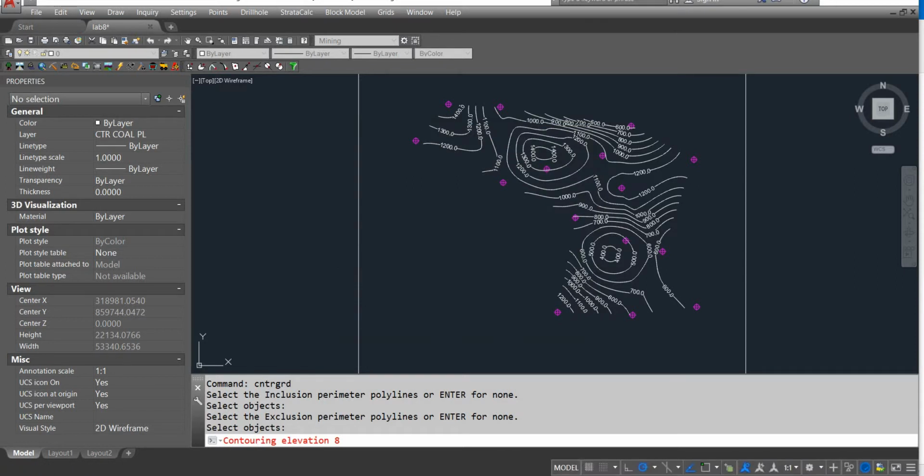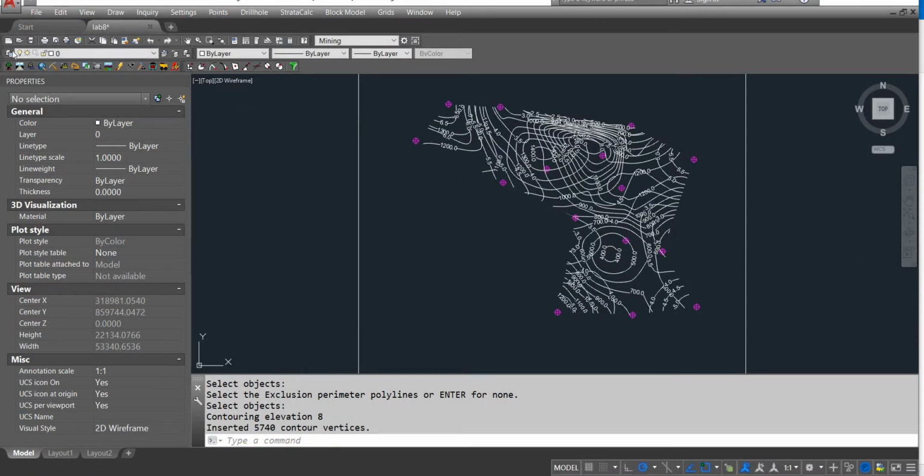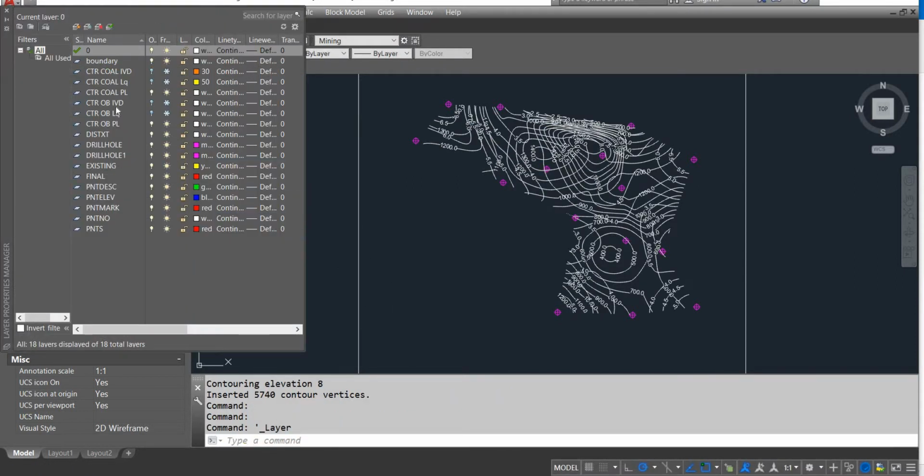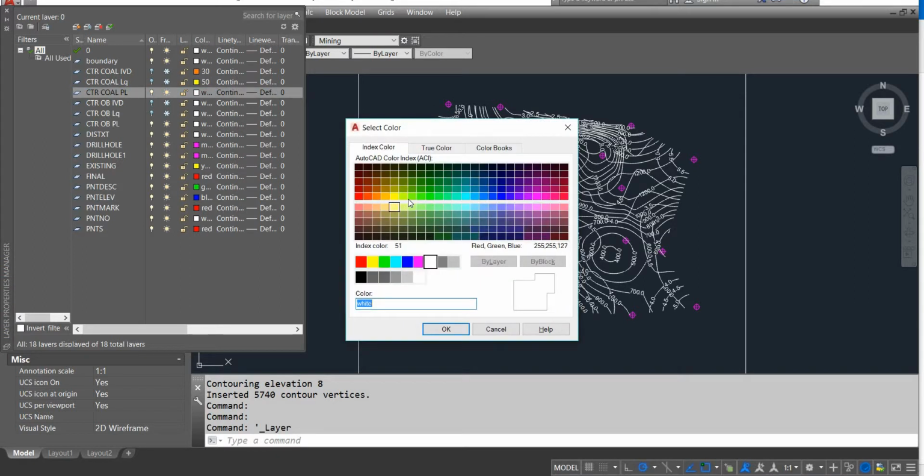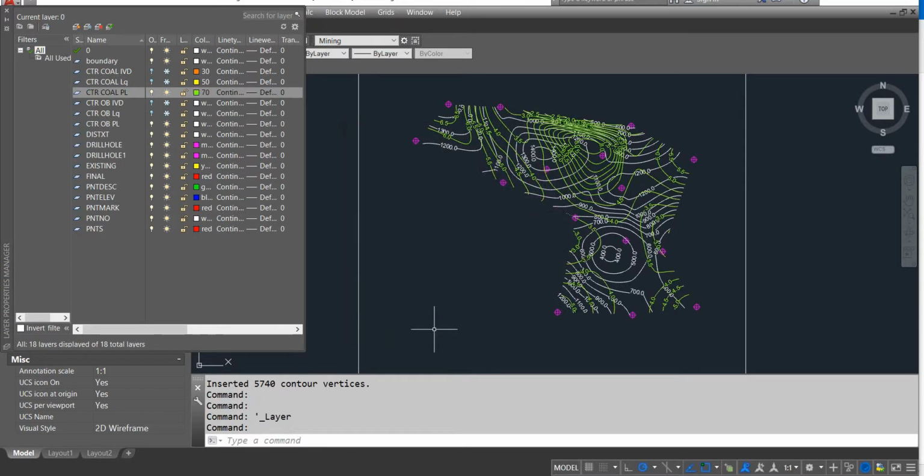Click OK. So you can go ahead and change the color of the layer of coal. If I change it to light green, you can see the same. Now I turn these off again,